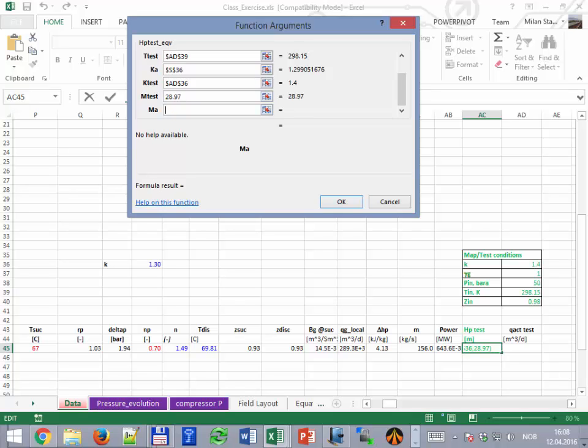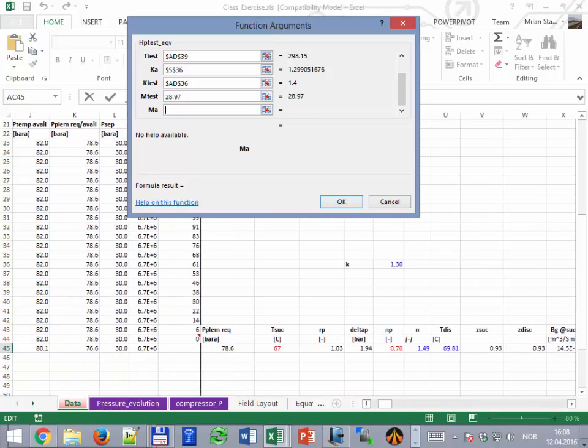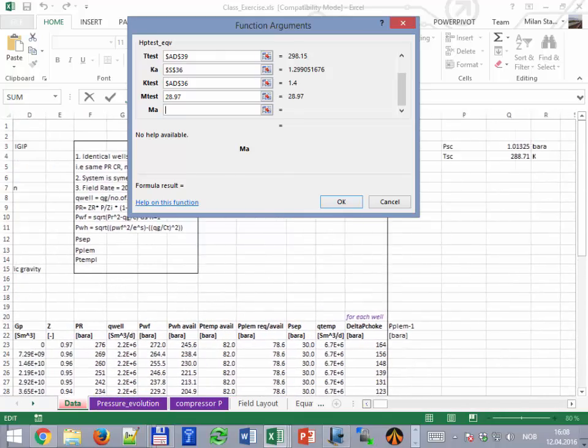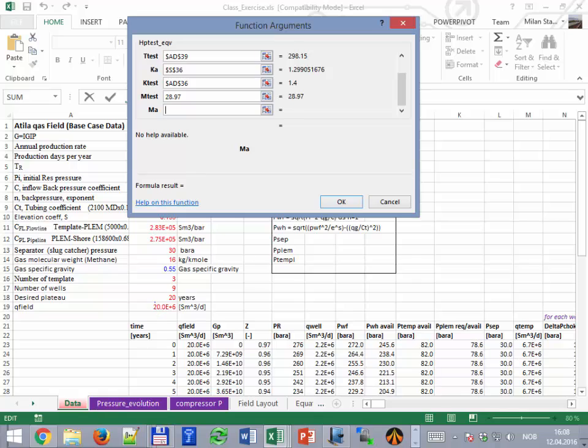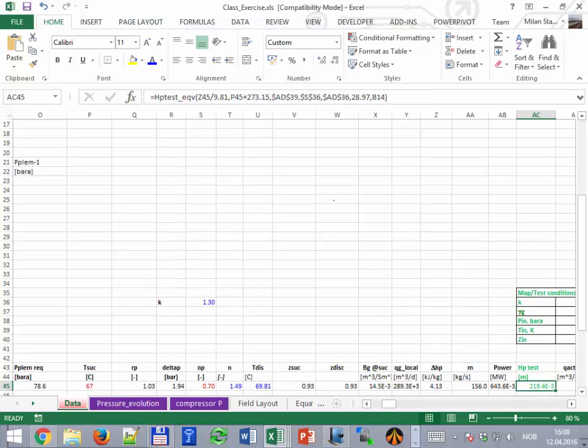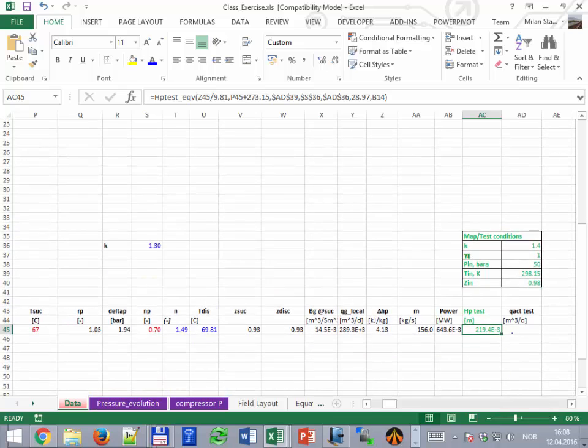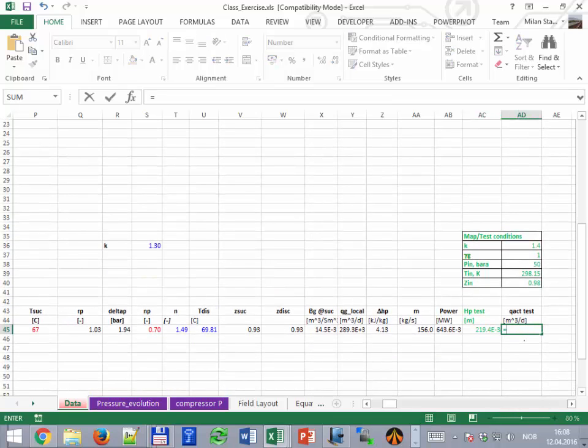And the molecular weight of the fluid that I have is, yeah, the rest is going to be easier. And this one is 16. HP. Okay, so I give a very small number, and then the actual, again Q actual test,